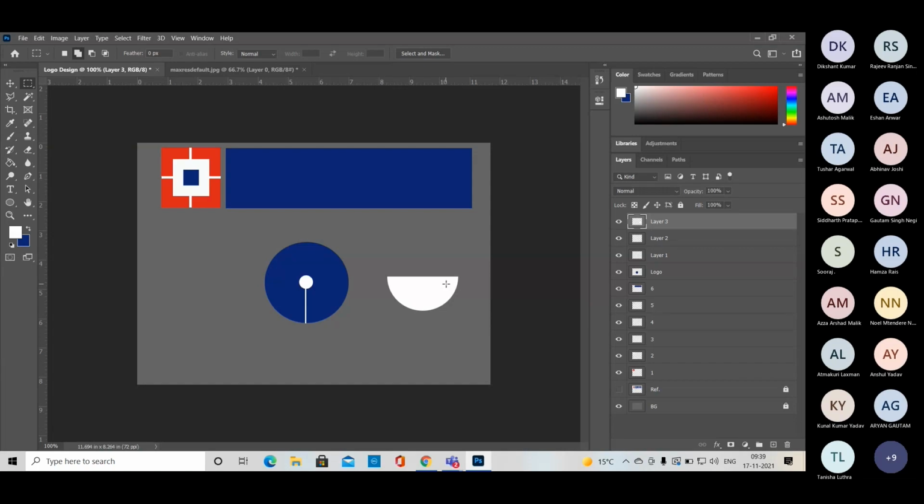So don't go here and there searching for lots of deep knowledge of Photoshop, because as a designer we have to do the work. The client doesn't care which tool you use, and how much knowledge of Photoshop you have. The client wants output, right? So as a designer we have to design it anyhow with the basic tools.